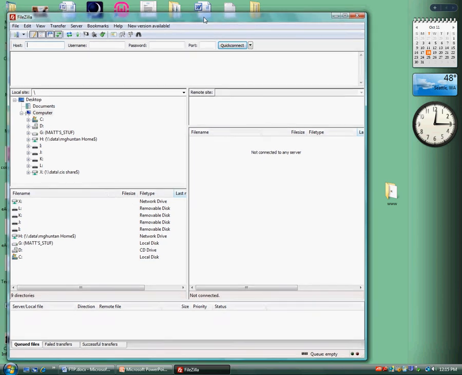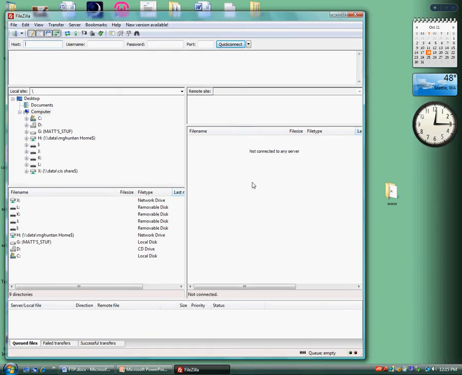Now, as you can see, I have already gone onto the FileZilla website and I have downloaded and installed the software to my computer. Please make sure that you download and install the FileZilla client software and not the server software. Okay, I'm going to use my FTP account information, and I'm going to put in my host,